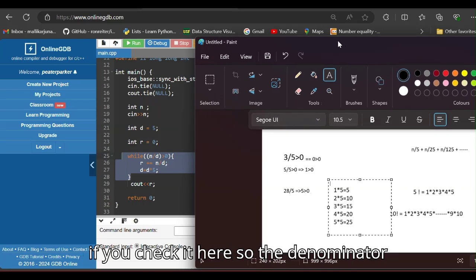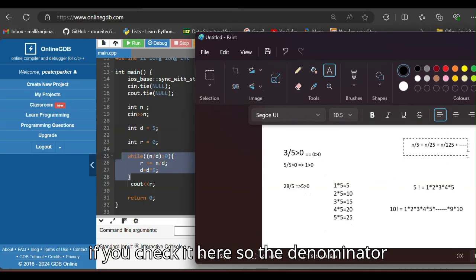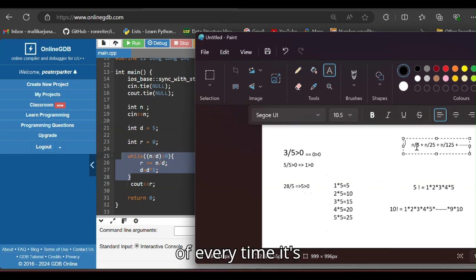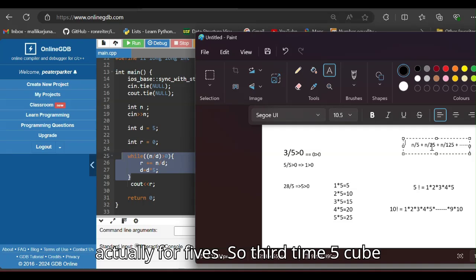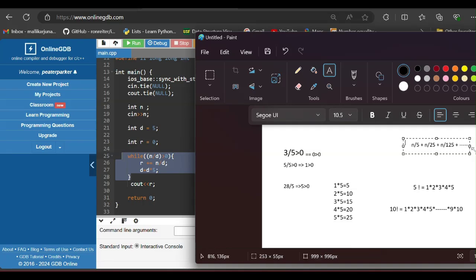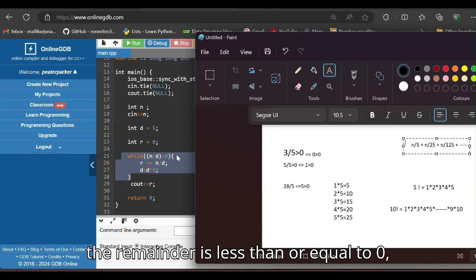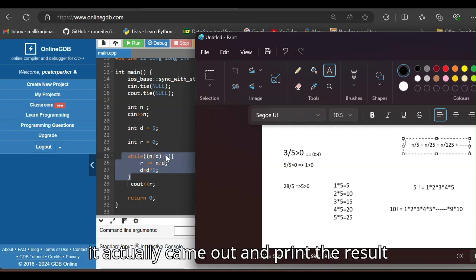In this formula, every time it's multiplying, the denominator gets incremented by 5 times. First time it's only 5, second time it's 25, third time 5 cubed, fourth time 5 to the power of 4, and so on. Whenever the quotient is less than or equal to 0, it comes out of the loop and